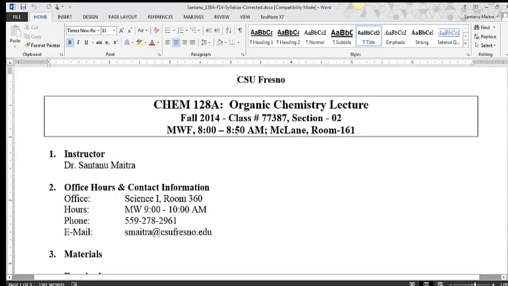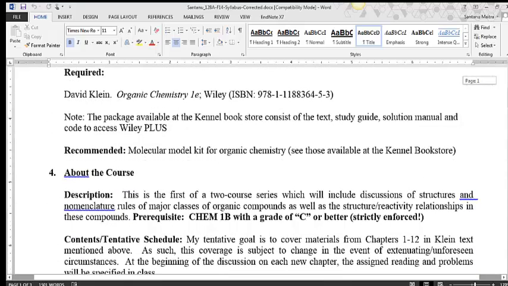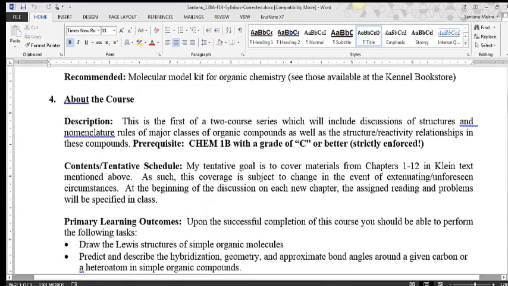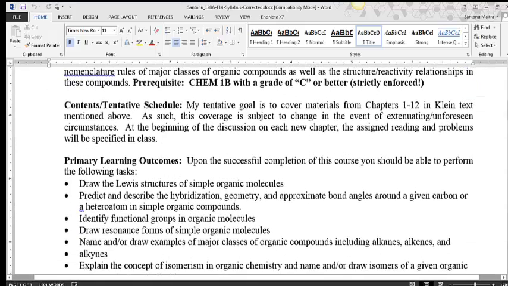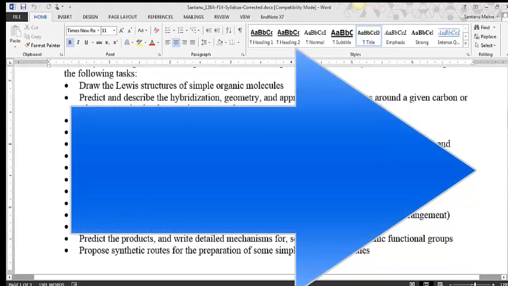What we cover in the rest of the syllabus, after the book, is about the course, and the prerequisite for 128A is at least a C or a better grade obtained in the previous course, Chem 1B. Primary learning outcomes are listed down here. That starts from the ability to draw Lewis dot structures of simple organic compounds, hybridization, geometry, functional groups, learning resonance forms of organic compounds,